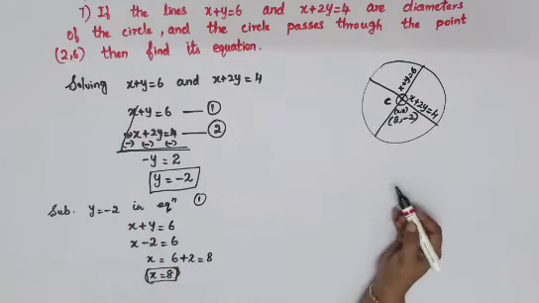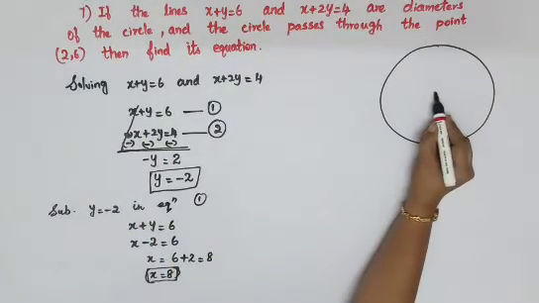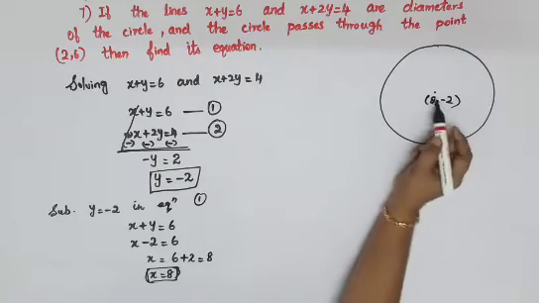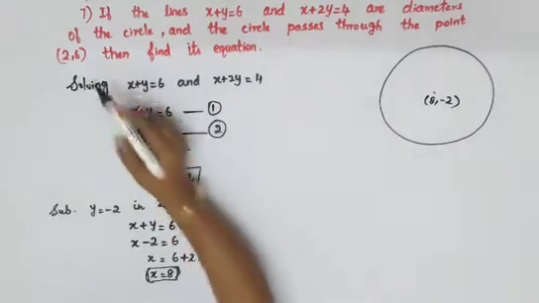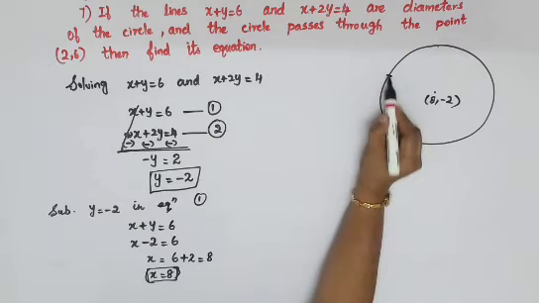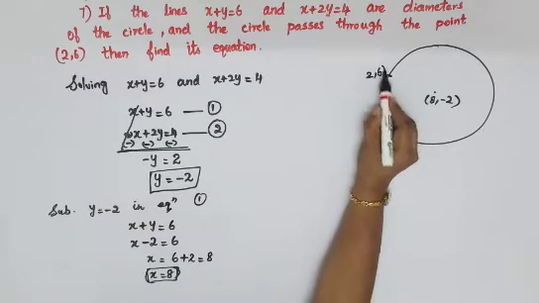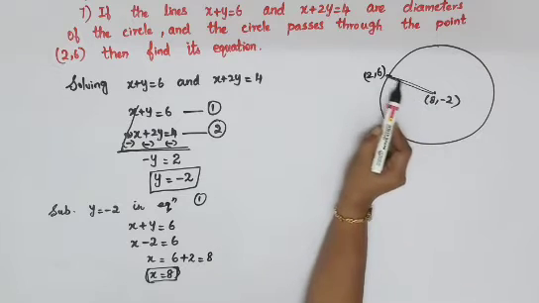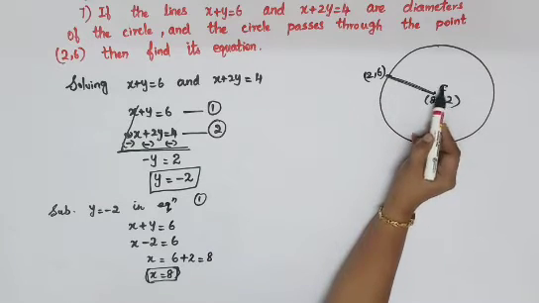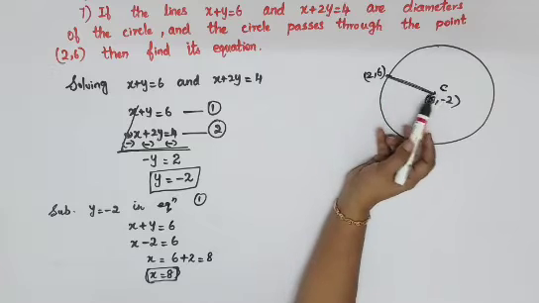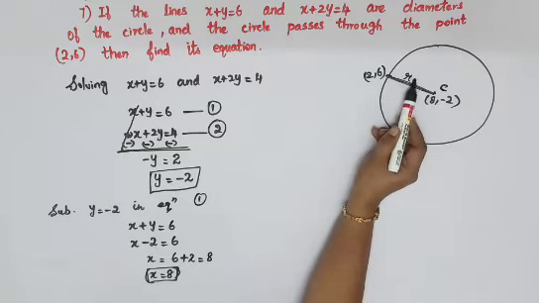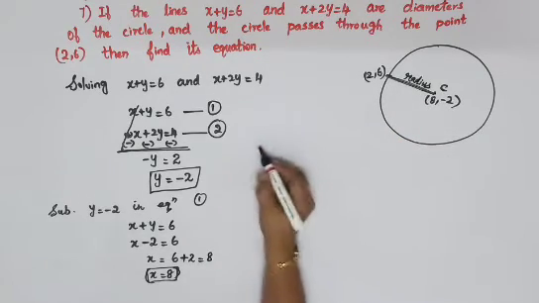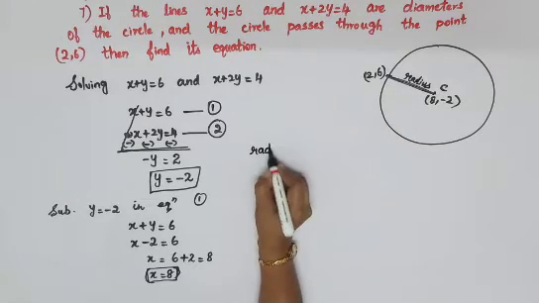So we'll just draw one more circle. The circle center we have got as (8, minus 2), and that passes through the point (2, 6). Somewhere here I'll mark it. Now if you find the distance between this point and this center, the distance between your point and your center will be the radius. So we'll have to find the radius.